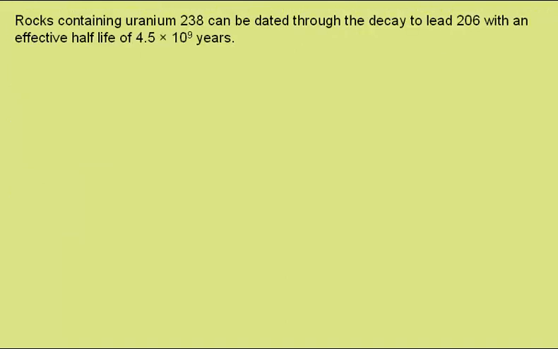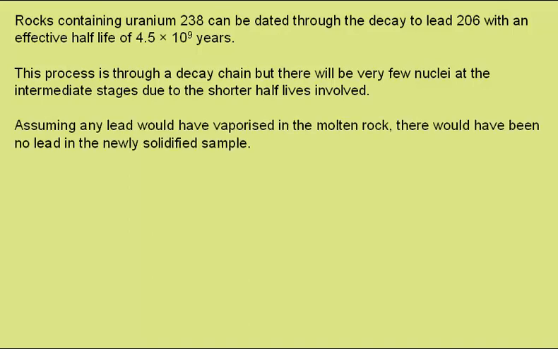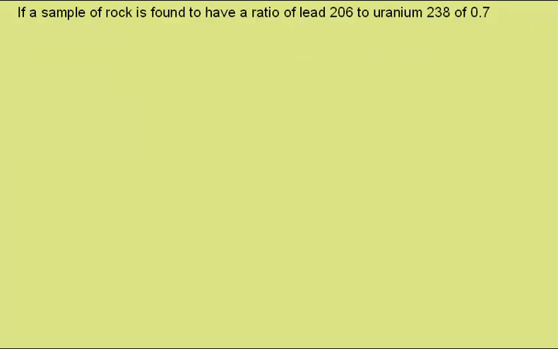Rocks containing uranium-238 can be dated through the decay to lead-206, with an effective half-life of 4.5 × 10^9 years. This process is through a decay chain of several different decays, but there will be very few nuclei at the intermediate stages due to the much shorter half-lives involved in these stages. Assuming any lead would have been vaporized in the molten rock, there would have been no lead in the newly solidified sample. If a sample of rock is found to have a ratio of lead-206 to uranium-238 of 0.7, well,